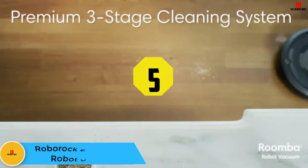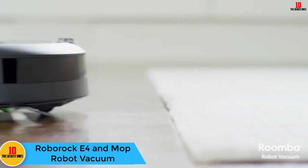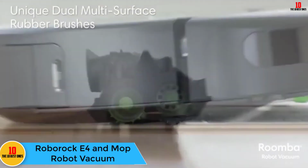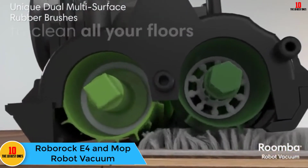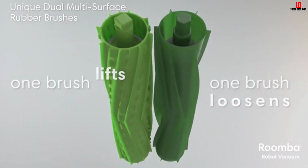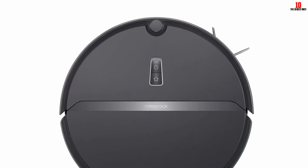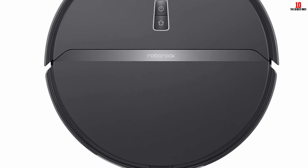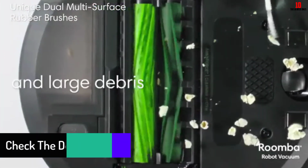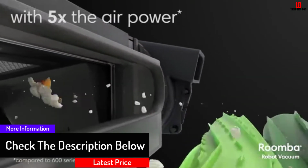At number 5, we have the Roborock E4 and Mop Robot Vacuum. Dozens of reviewers say this robot vacuum works well on all surfaces. As one reports, it navigates very well, has absolutely no problem switching from linoleum to hardwood to carpet. It even cleans my dark gray bathroom rug, or climbing over my closet's door rails, and all the while, it even picks up a lot of dog hair and all of the birdseed and feathers my parakeets fling from their